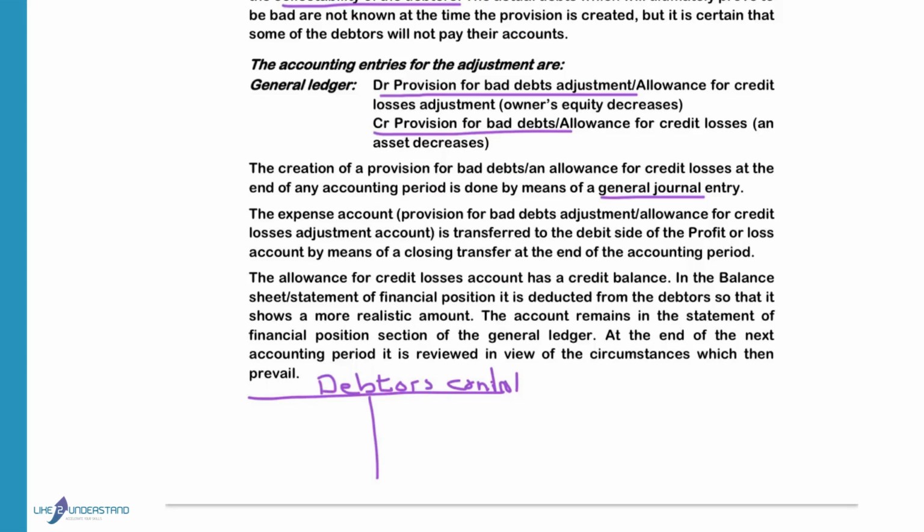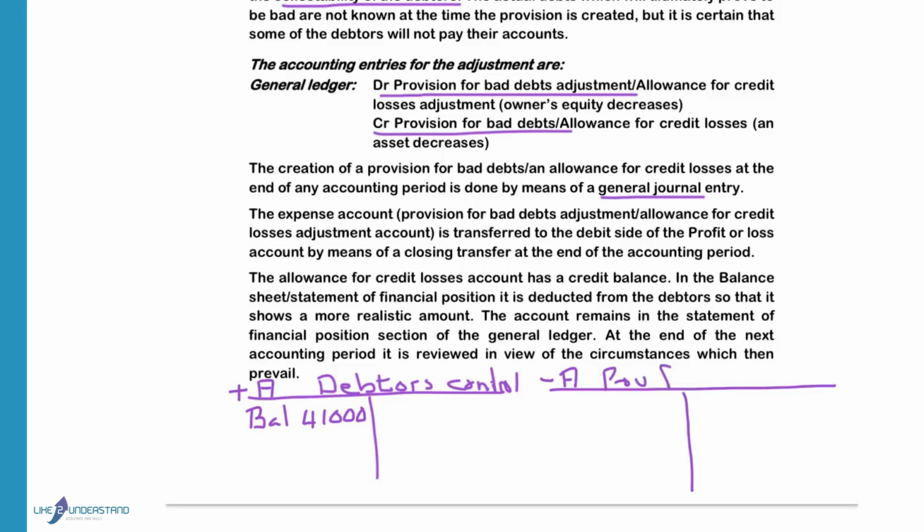If we look at our ledger account, we've got a debtors control account. That is my positive asset. And an asset always increases on the debit side, so the balance will be on the debit side. Say, for instance, they owe us 41,000. Now we look at our debtors and we think there's a possibility that we will not recover 1,800 in the future. Normally, I will credit debtors control to indicate that my assets decrease. But in this case, this is not a final amount that we know exactly whose account will be reduced. So therefore, we create a negative asset, provision for bad debts,